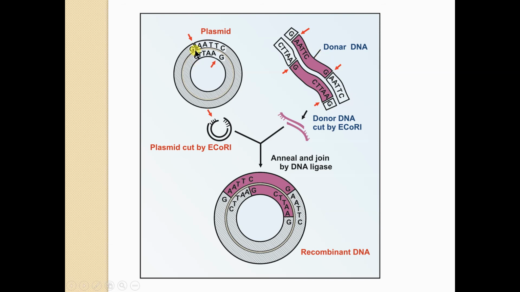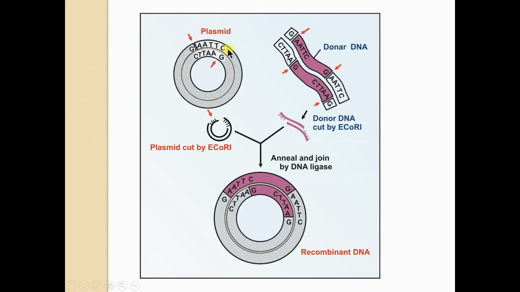So this is the cut at the specific sequence by the restriction endonuclease, which is the same in both the DNAs. Here you can see that in one strand it cuts at the GAATTC site, at the G, and in the other complementary strand it also produces a cut after the G. So there are cuts at two sites, this portion will be removed, and the portion from the other DNA will be inserted here, where there was a palindromic site.